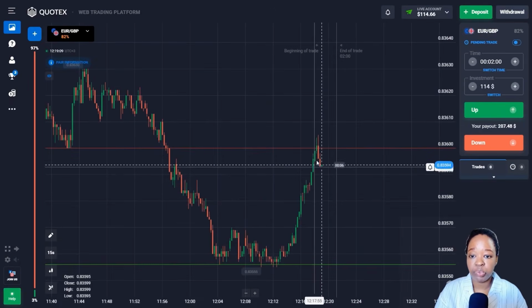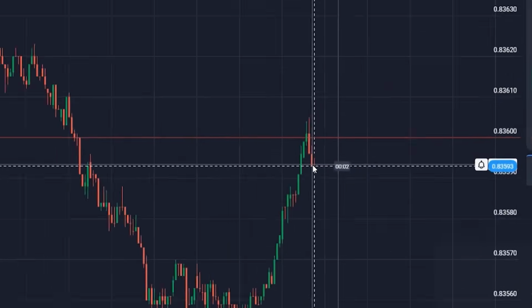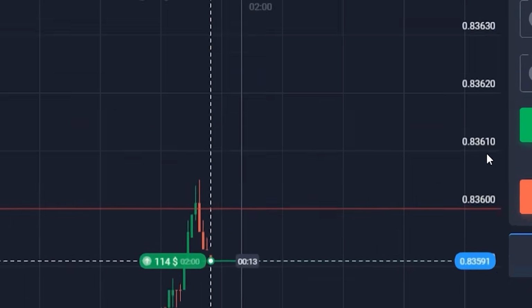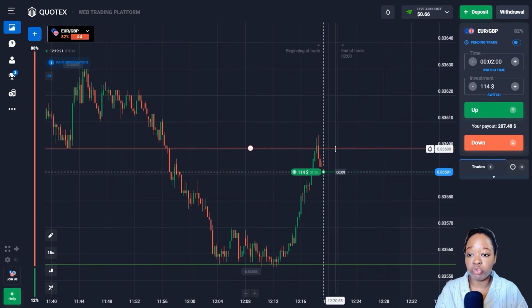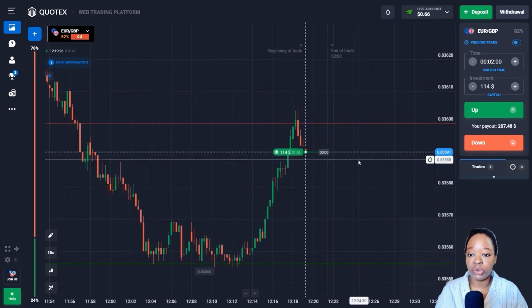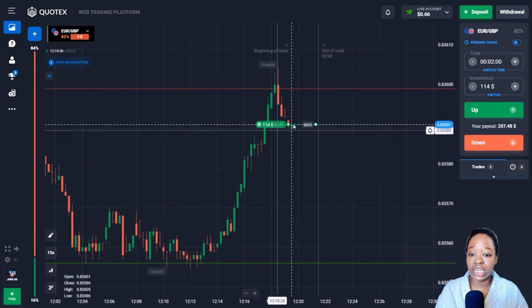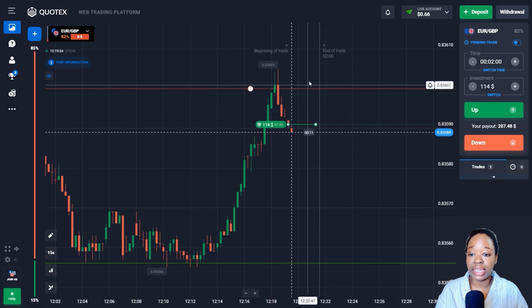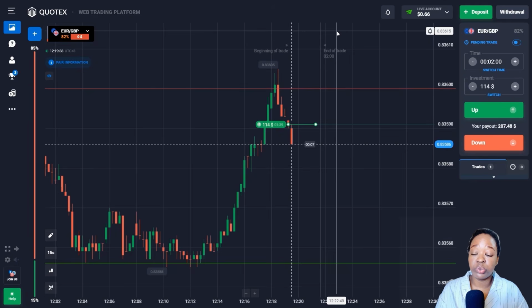So here you can see the price came to the resistance level and makes a roll down from this level. In this situation, I'm going to open a trade for an increase since there is enough space from our entry point to the level. And also here we have a good upward movement, and at the same time I managed to enter the deal at the price fall down. That is, there is a place for a growth in this price, and I think that in the near future the price will show a growth and try to break through the market level again. And at such a price increase here, I'll try and earn very good profit. Let me see how this deal will close.